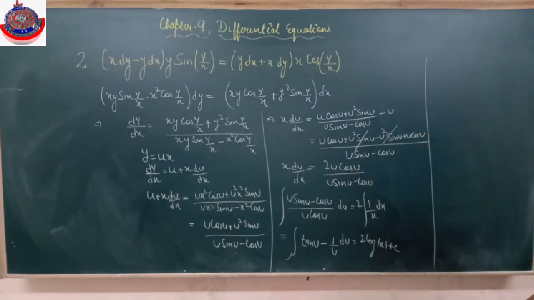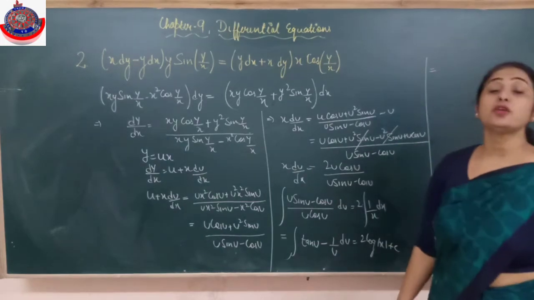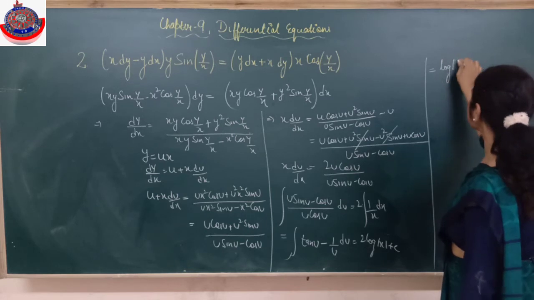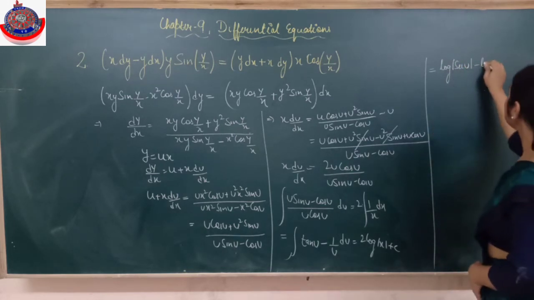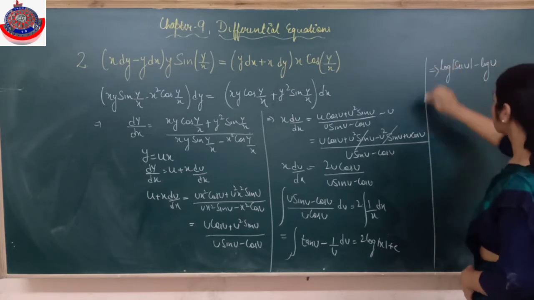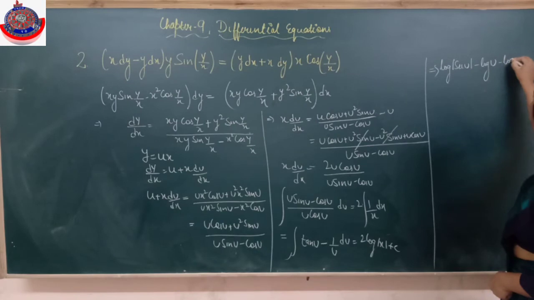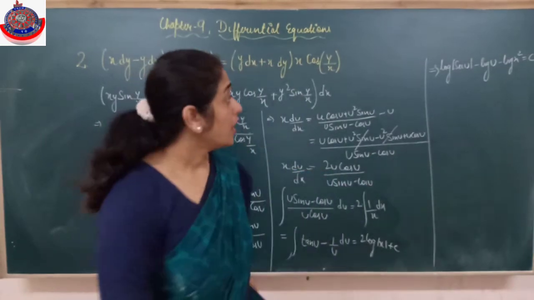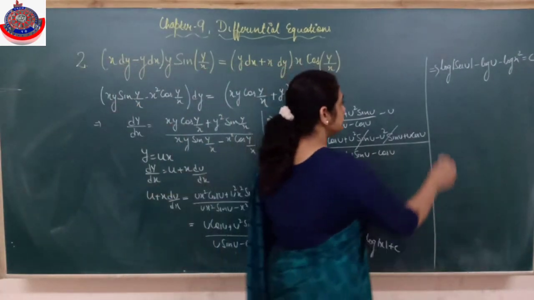So integrate. What is the integration of tan? Integration of tan is either minus log cos or log secant. That's your choice. If I write log secant and integration of 1 by u, and this log I am bringing this side, so 2 log x will become log x square equals c. Alright, put the values of u and we can apply the rule then.